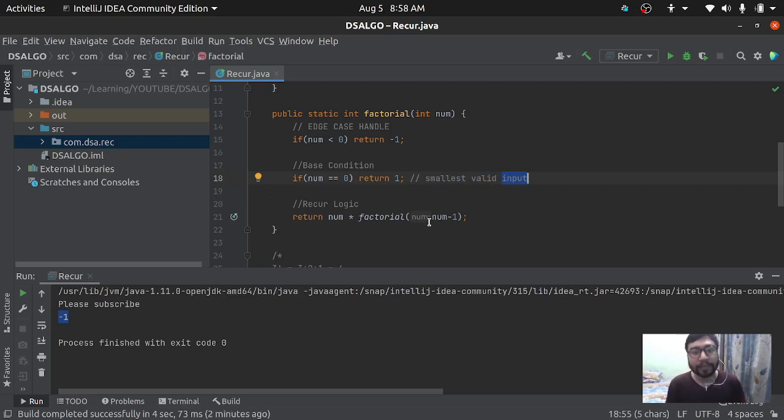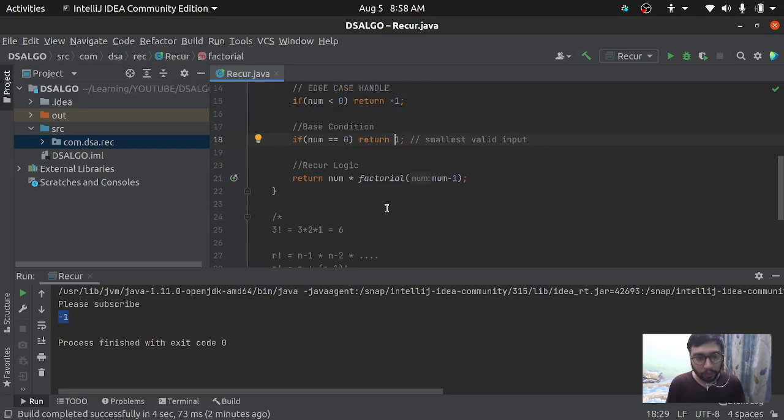As per the factorial guidelines I told you earlier, we call the same method with a smaller input, but when the base condition is reached, that is the smallest input we have, so we need to return some value which gives a proper answer.